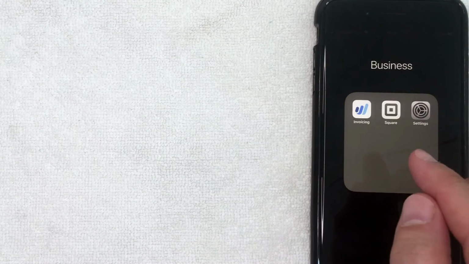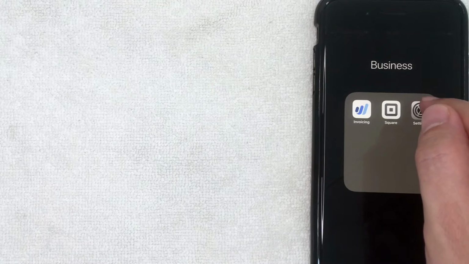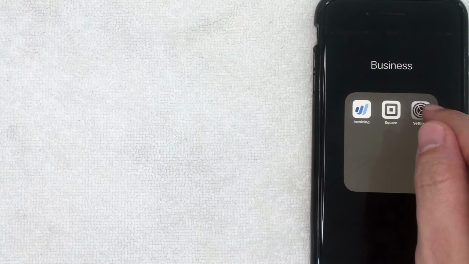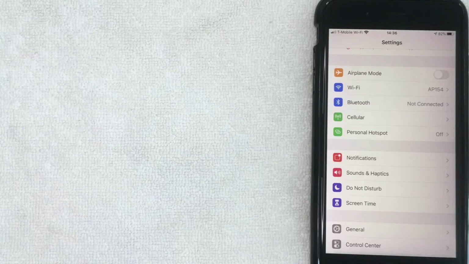First off, all of this is mostly going to be handled through the settings app on your iPhone. It's this gray gear icon right here. This is nothing that you need to download. It's already pre-installed on your iOS device, and this also works on your iPad as well. So I'm going to go ahead and open this settings app now. All right, so I went ahead and opened up my settings app on my iPhone,